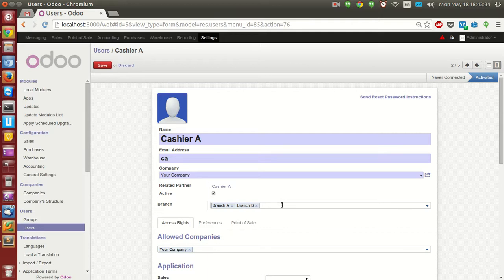That's why we have given multiple selection here, so that a user can be inside multiple branches and can create expenses for multiple branches. But if he is only working in a single branch, then just give him single branch rights over here. Okay,